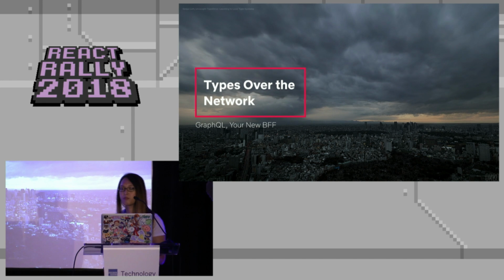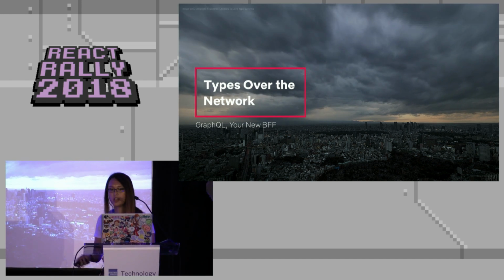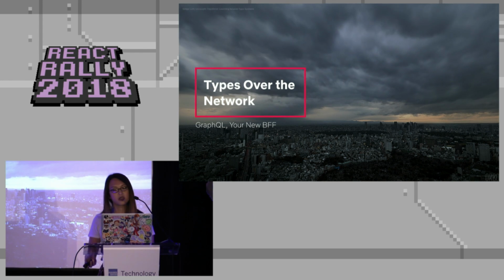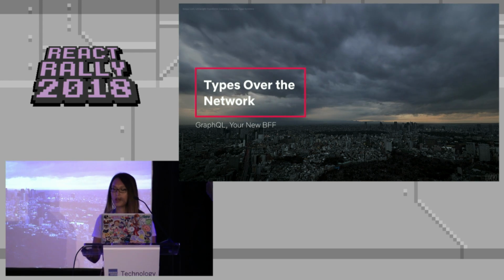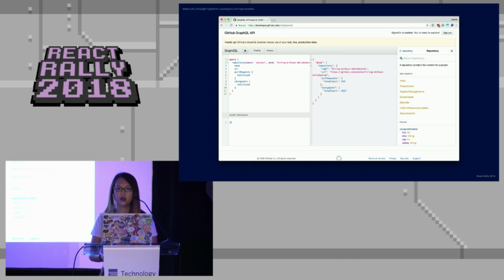I want to close off by briefly talking about GraphQL. If you're not familiar, it's an alternative to REST and lets you build up a strongly typed schema that describes your entire object graph. GraphQL has a great user experience. For example, here we have GraphiQL, a visual playground that you can mount on top of any GraphQL API. And you can also explore the schema here, which lets you know all the type details for each field in your schema.